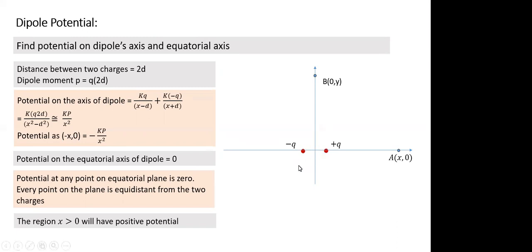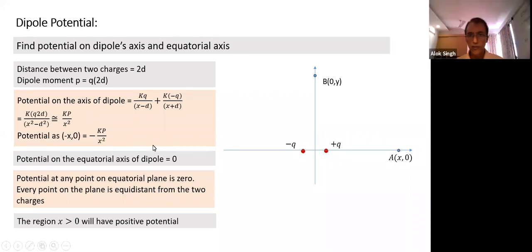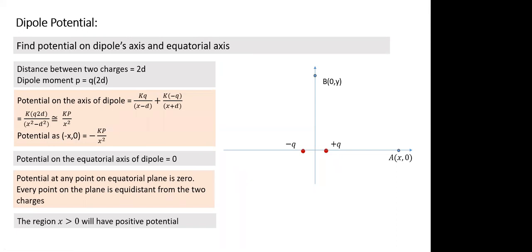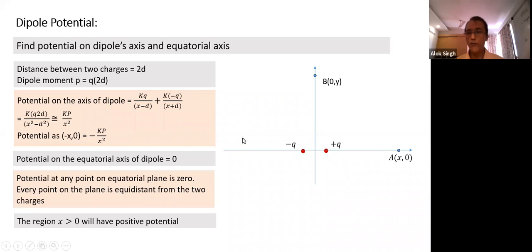Kp by x square. Do you all see the screen? Is the screen visible or not? Nitya? Yes, sir. Okay, so it's there. So looking at this, what we notice, can you give a logical reason why on the positive side the potential is positive and on this side the potential is negative? Nitya, can you give an explanation why that is so? Why is the potential on the positive x-axis side positive and on the negative x-axis side negative?